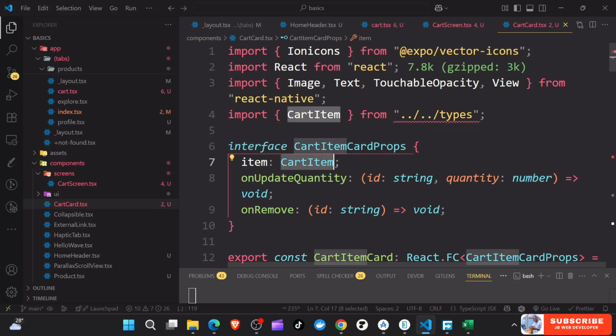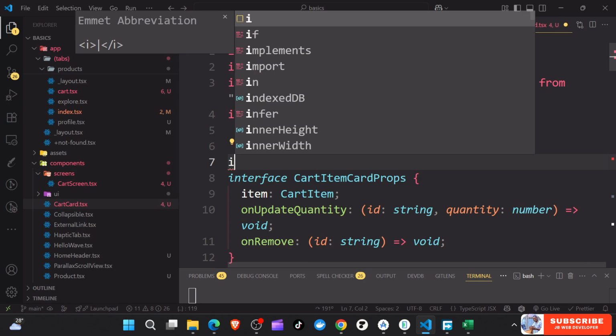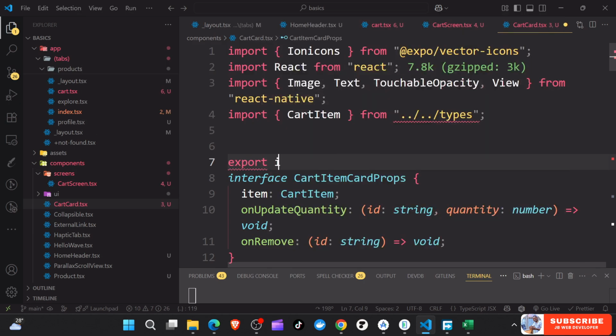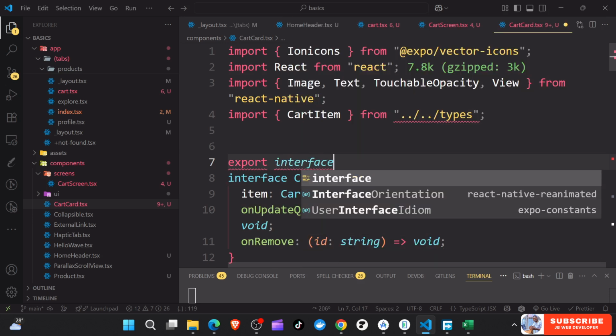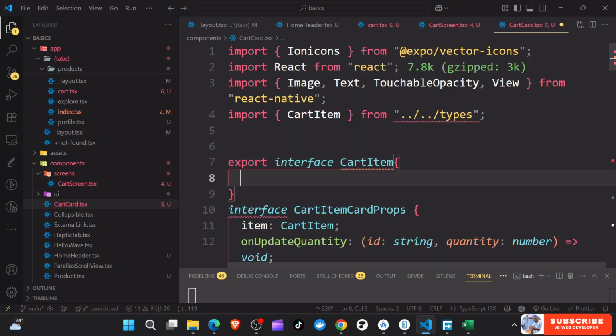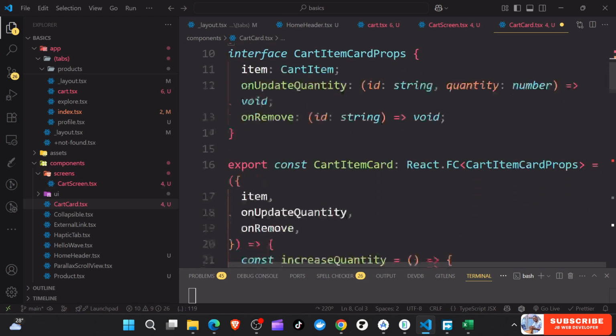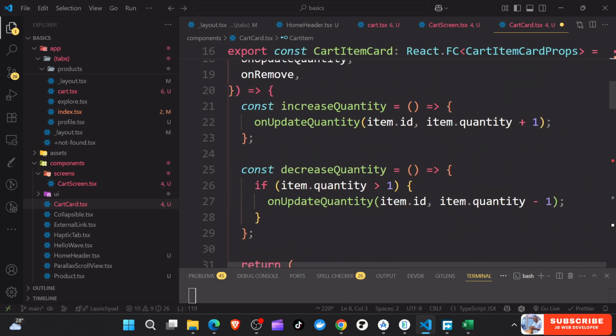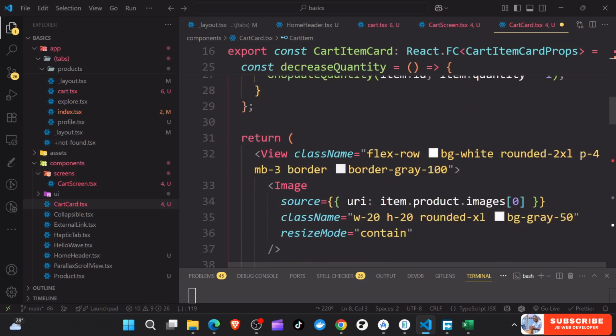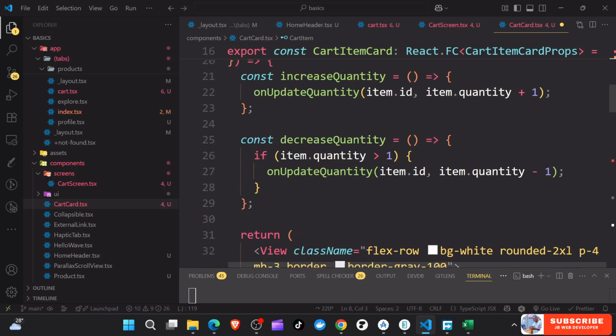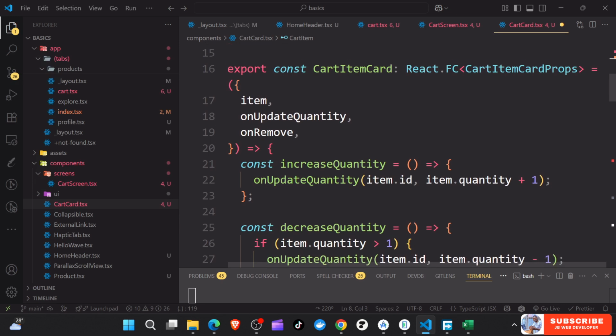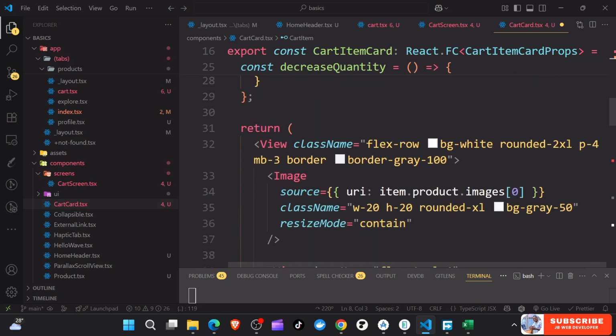Let's just say export interface cart item. So if you just look at the things we need, we just need the item to have